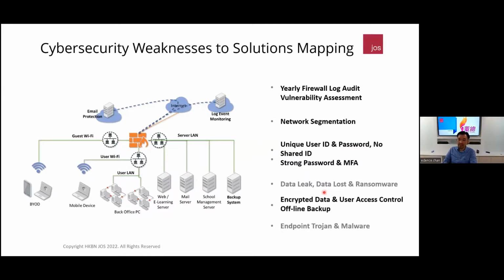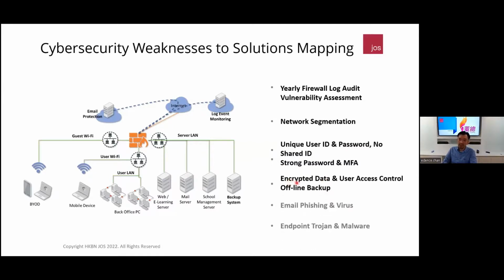How do we protect it? We're going to do data encryption and user access control. We're going to control which user can access which server and which folder by applying least privilege control on a server and folder basis. And we're going to do offline backup through the backup system, so in case there's an outage or hack in the web server, we can always use the offline backup system